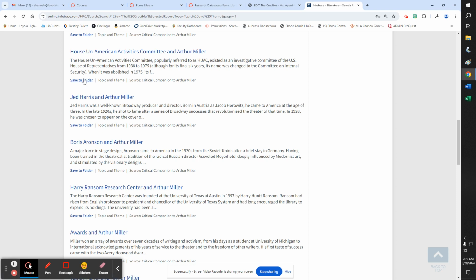Yes, you could save it to a folder, but you're going to have to create your own little account, after you log in as a Leila account holder. You could save it to a folder, okay? I would say you could open that up and you can download it or send it to yourself. That's probably a lot easier. Okay, so we also have